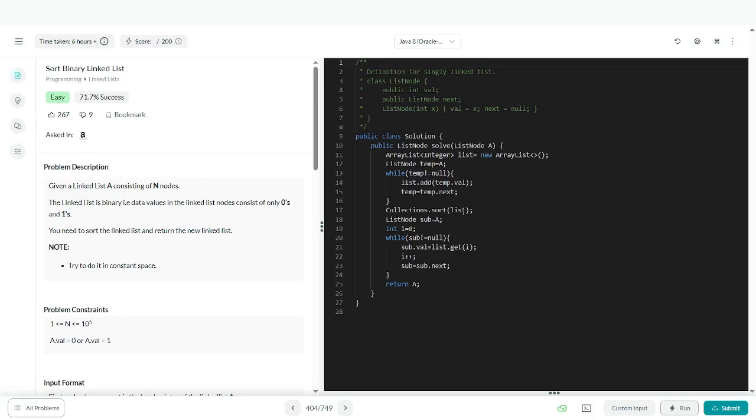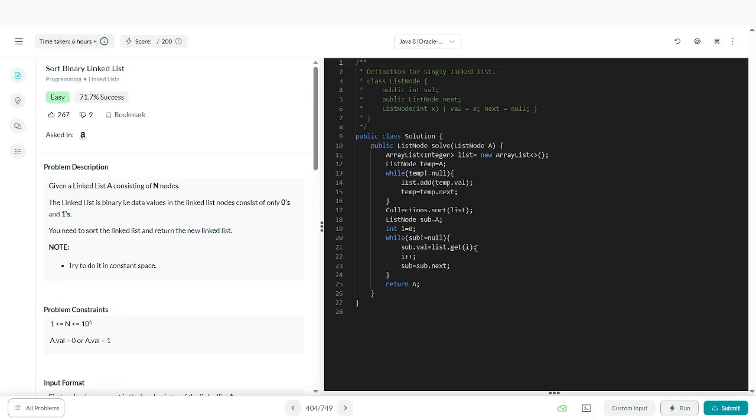And once that is done, we get a new list node named sub, which is assigned the head node. I'm also creating a new integer named I, and I'm initializing it with the value 0. While I'll be traversing through the linked list once again using this sub node, while my sub node is not equal to null, I will be assigning it the values of the array list.